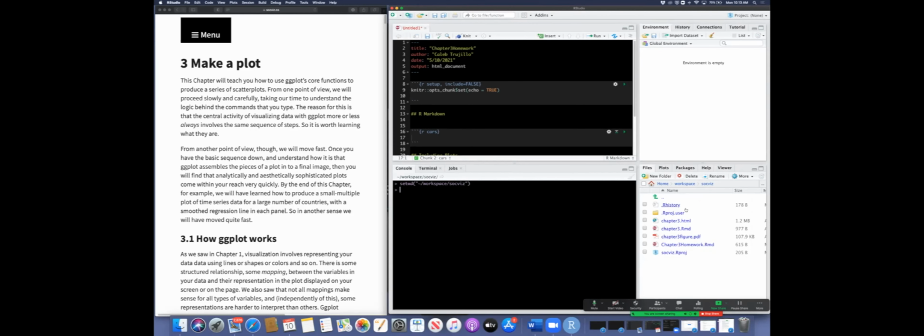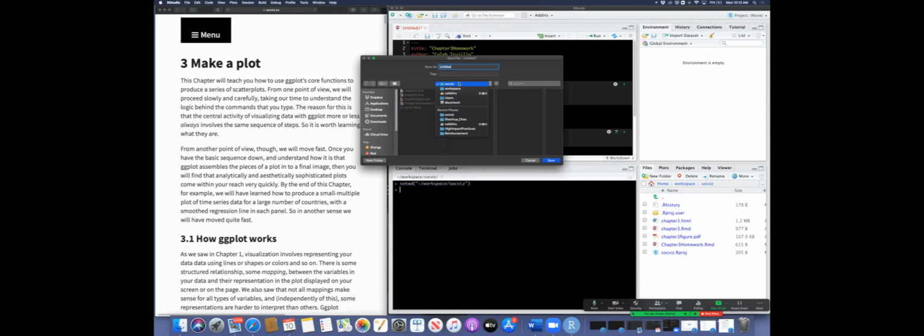And that should just save things in the same place. And it'd be good at this point to save the file in that same folder. So I'll call this chapter 3 homework. Okay, so I'm going to save it there